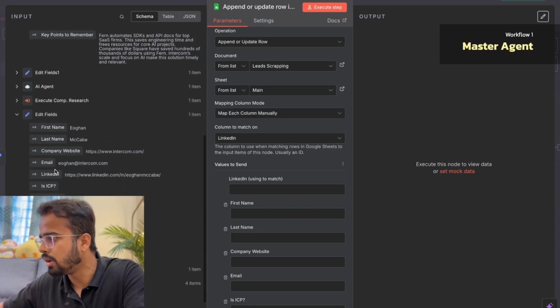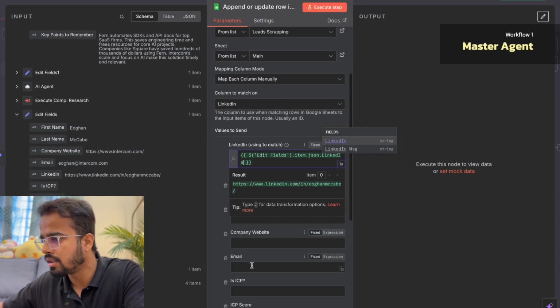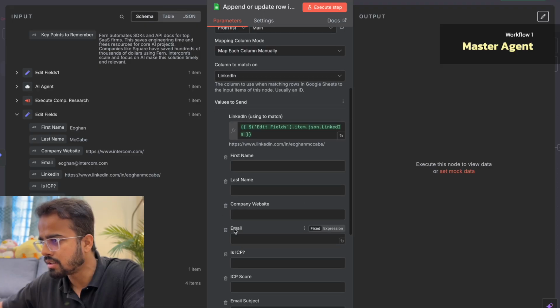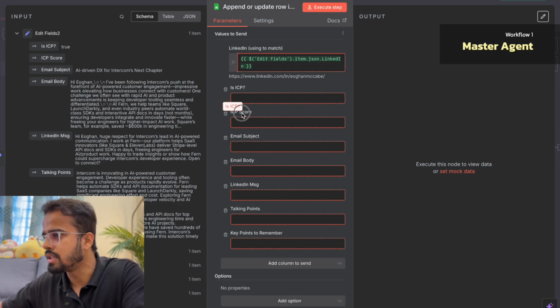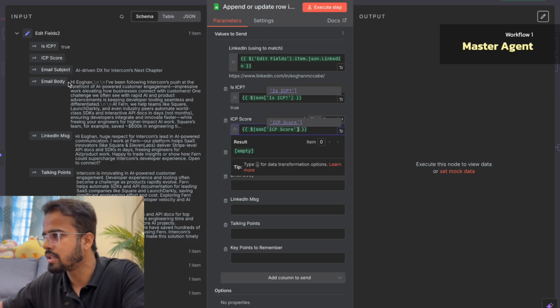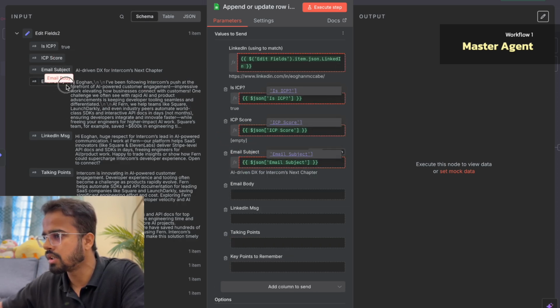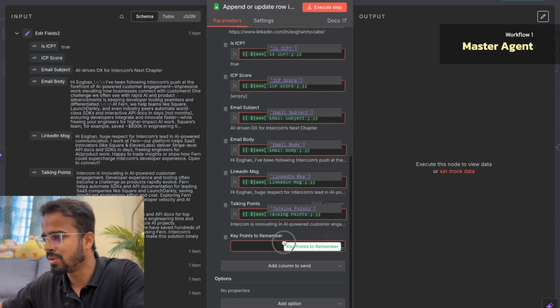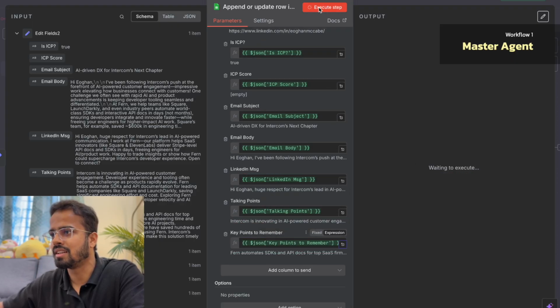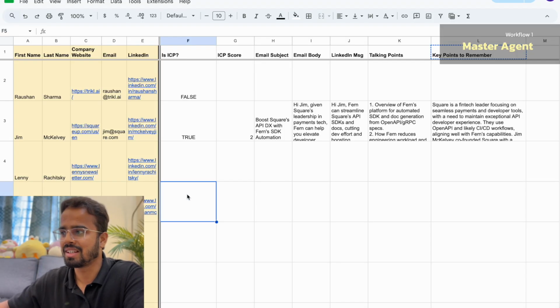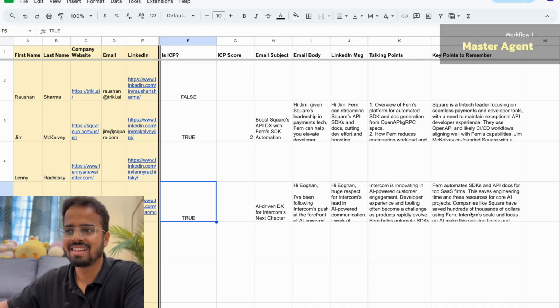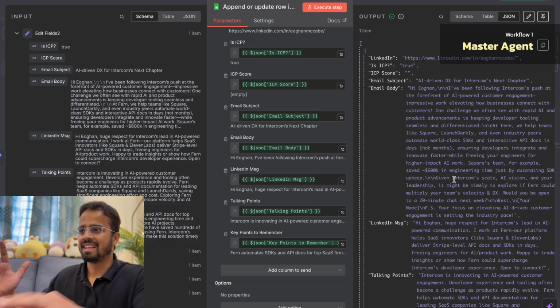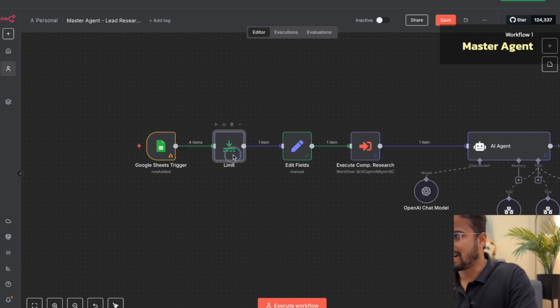This will be below. So let's use that. We don't need these outputs. Now we need these things to be appended. Okay, so is ICP, ICP score, email subject, email body, LinkedIn message, talking points, key points to remember. Everything is done. If I do this, look at this. Okay, you saw? It pushed everything over here. That's our entire thing. Alright, so I'll just unpin everything,